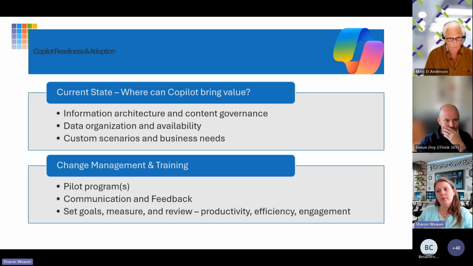And also set goals, right? Set goals, measure, and review. Be very particular. What problem are we trying to solve? When do we know we solved it? How do we know we solved it? Build a presentation around that and share it with the entire group. Share it with the entire company, because the people are going to be like, oh my God, that's so cool.